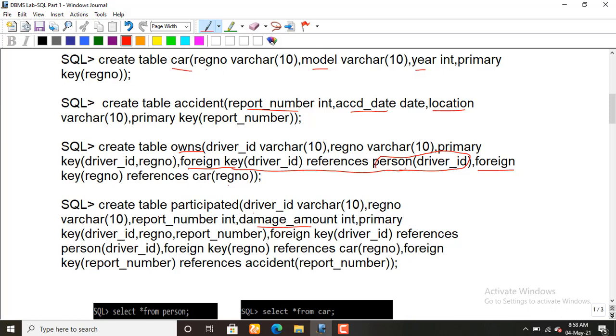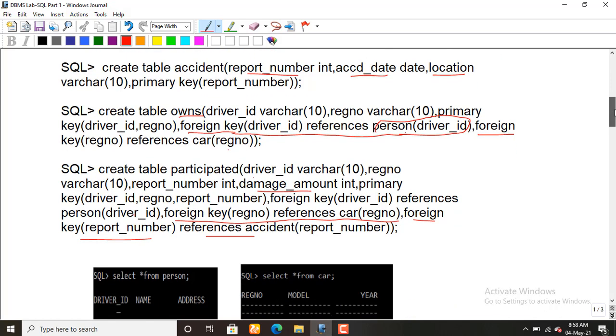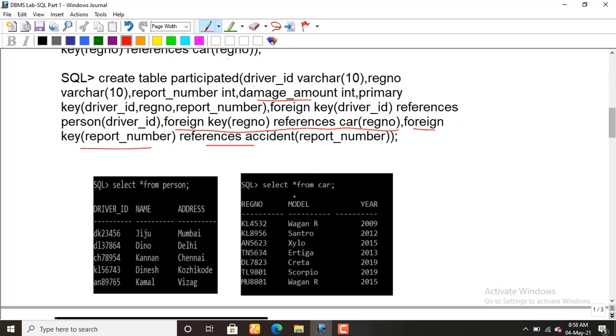So these three will act as a primary key here, and foreign key of driver ID references the person of driver ID, foreign key of registration number references the car registration number, then foreign key of report number references the accident table.